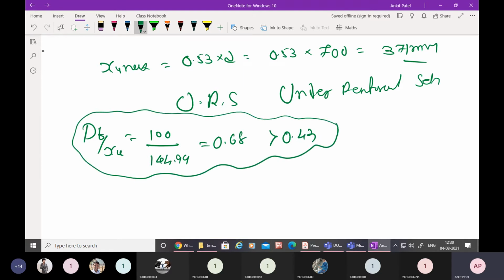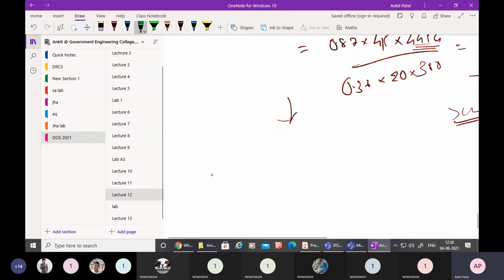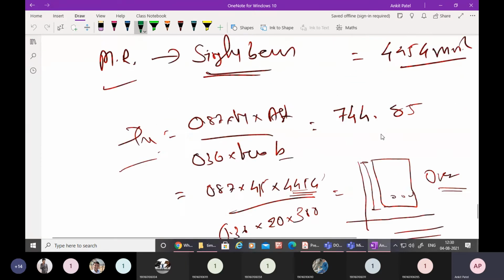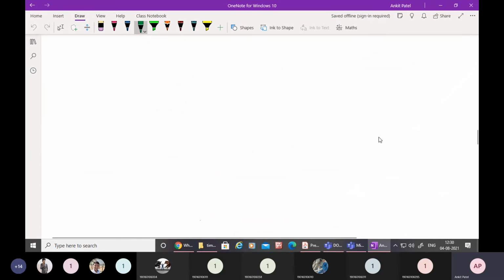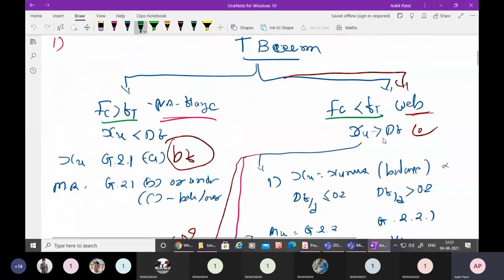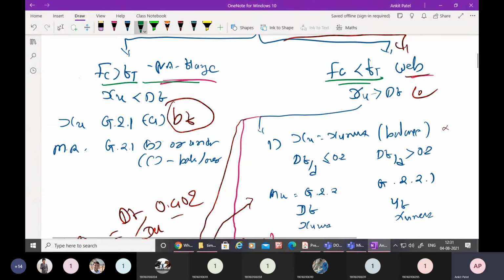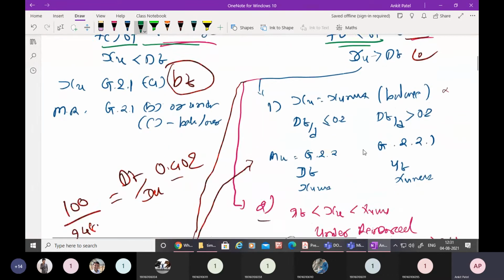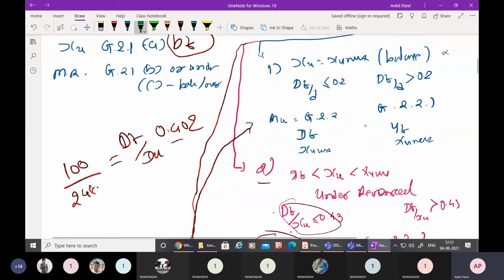So what you need to do is, I'm going to give you the previous lecture note, and in this you can see our chart. I have drawn this chart also. Yes, you can see as per this chart, the neutral axis is not in the flange, the neutral axis is in the web. If it is in the flange, then what you need to do is also mentioned over here, and in these also you can see, suppose the neutral axis is in the web. So what you need to do is follow G 2.2. G 2.2 you need to follow here.